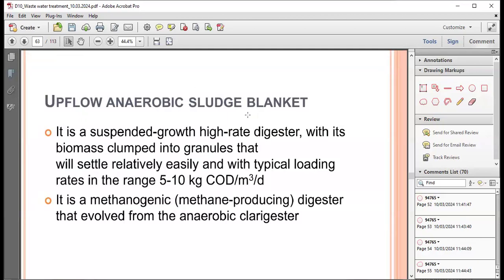The upflow anaerobic sludge blanket is a suspended growth high rate digester with its biomass clumped into granules that settle relatively easily, with typical loading rates in the range of 5 to 20 kilograms COD per cubic meter per day. COD is chemical oxygen demand, right? It is a methanogenic, methane producing digester that evolved from anaerobic